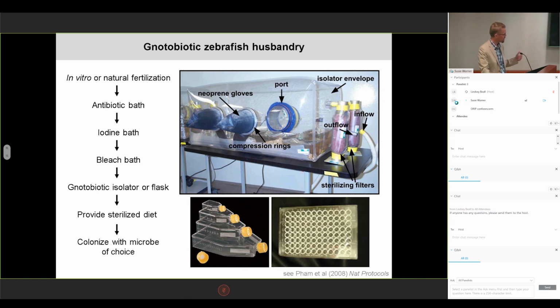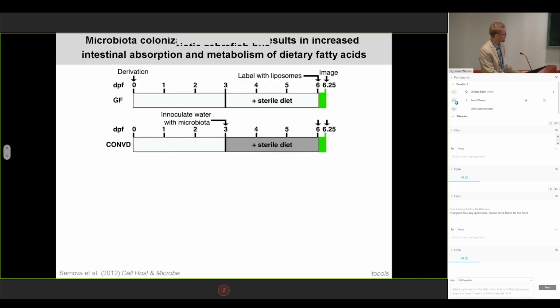And for the majority of our studies in my lab, we provide a sterilized diet, and that diet over the years has primarily been an autoclaved emulsion of ZM000, and then we can colonize with a microbe of choice later on. And most of these studies have been focused on larval stages, including the data I'm going to show you now, but that'll become important at the end.